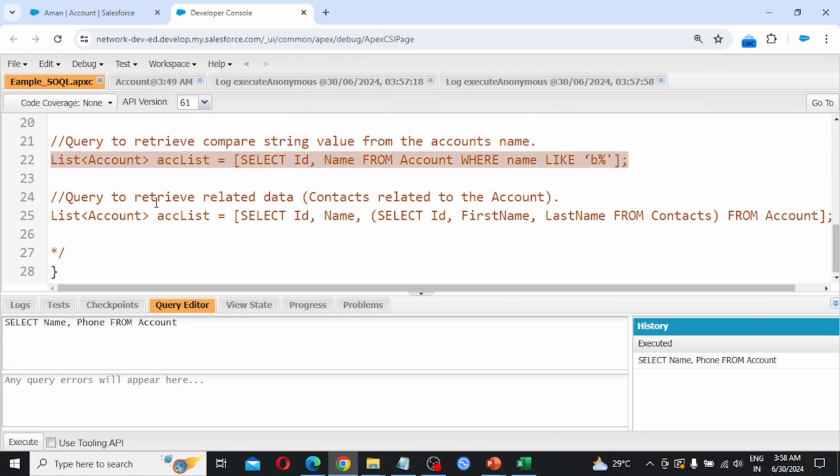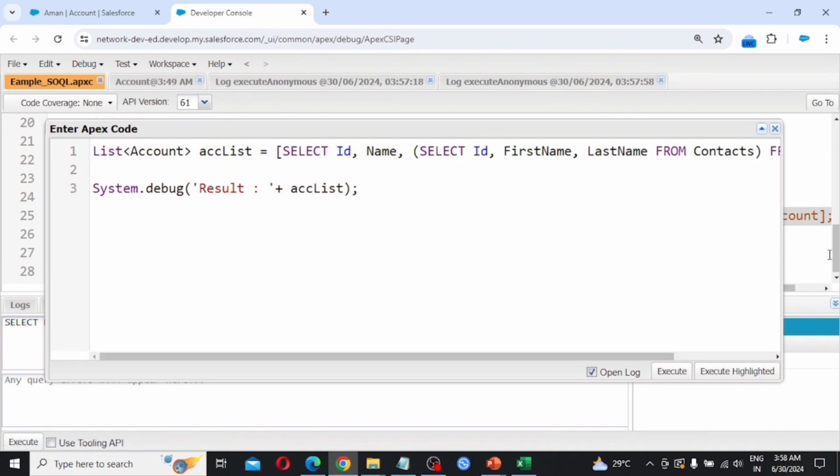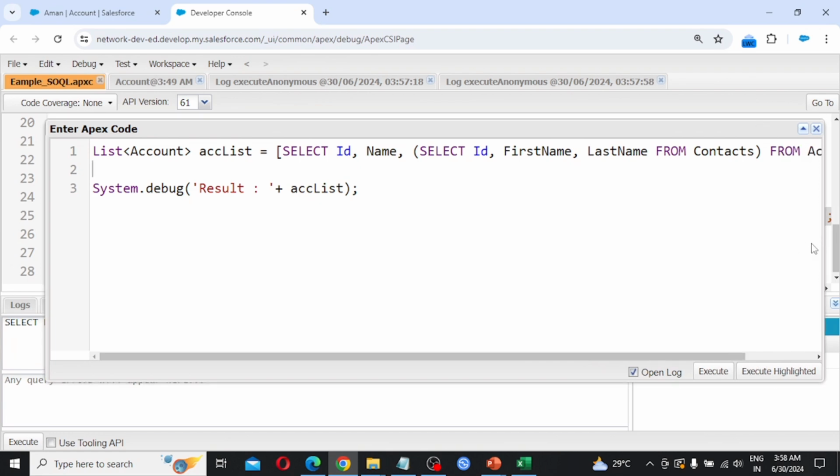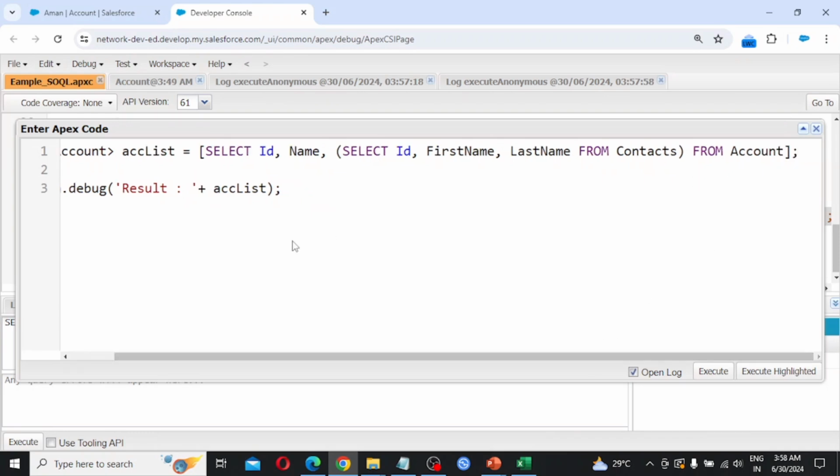So next, query to retrieve related data, contacts related to account. So debug, execute anonymous window. So list of account, accList, SELECT Id, Name, and again in brackets, SELECT Id, FirstName, LastName FROM Contacts, FROM Account.